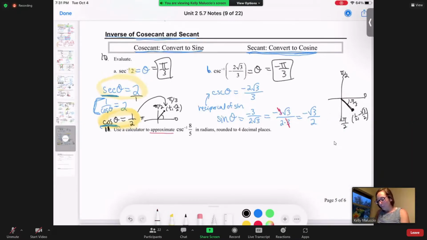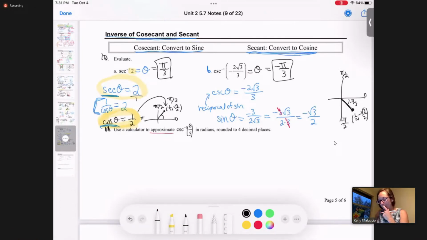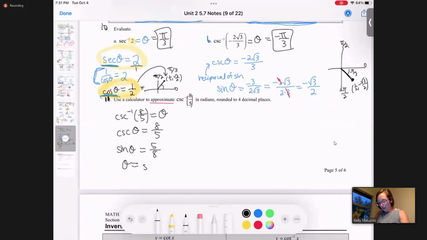So good question. Inverse cosecant of 8/5 in radians rounded to 4 decimals. Oh boy. So what we want to do is say inverse cosecant of 8/5 is going to equal some theta. So what this means is cosecant of theta is 8/5, and therefore sine of theta is 5/8. Now, in your calculator, you can do inverse sine of 5/8. And this will get, remember, in radians,